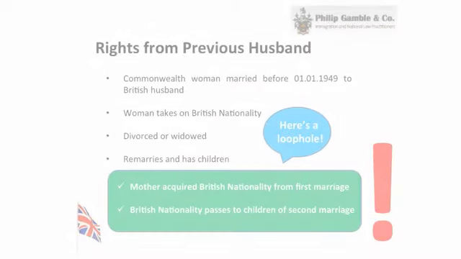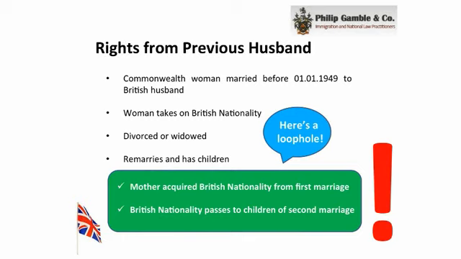So we have again our third example of how British nationality can be passed in the second generation by descent to those born overseas. We have a grandparent born in the UK, and we have a child born after 1949 who can acquire UK citizenship again through formal application. The next question we have to ask ourselves is what happens if that woman divorces, or if the husband dies? Are the rights kept or are they lost? Common sense would decree that they should be lost. However, the law decrees otherwise, and in fact these rights are kept.